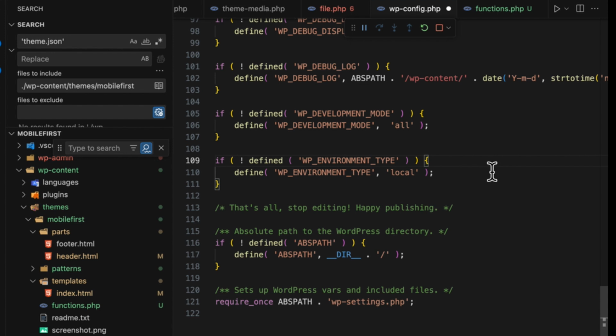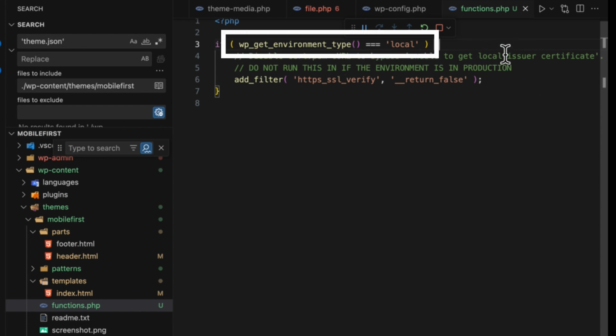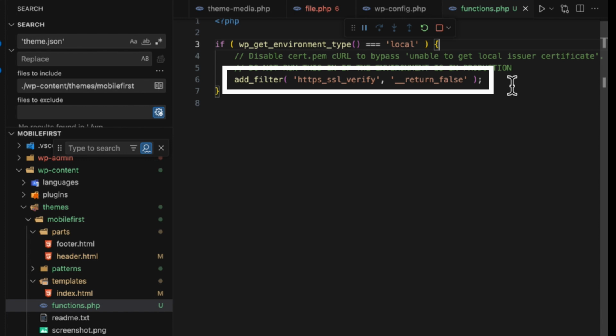Next, I use another function to check if the constant has been defined and what its value is. Now I've placed this in my functions.php file, but you can also place this in a plugin if that works better for your setup. The function wp_get_environment_type checks if the constant is set to local. If the constant is set to production, or the constant isn't defined at all, the code wouldn't run because the condition wouldn't be met. When the condition is met, I'm applying a filter to the https_ssl_verify hook, and this